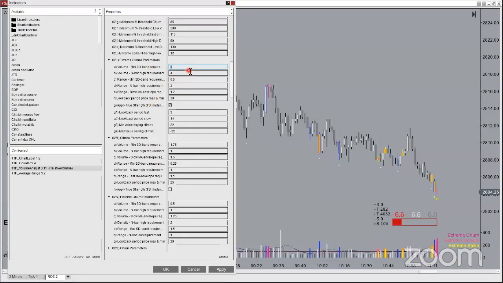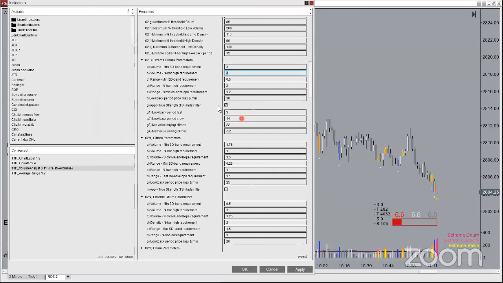So you've got these different conditions for each of the signals, but you don't have access to all of them. I'm going to open all of them up so that you can modify them. You can enable, disable. Maybe you don't want this fast moving average envelope required. Maybe you don't even know what the heck I'm talking about with a fast moving average envelope. So you'll actually be able to have a